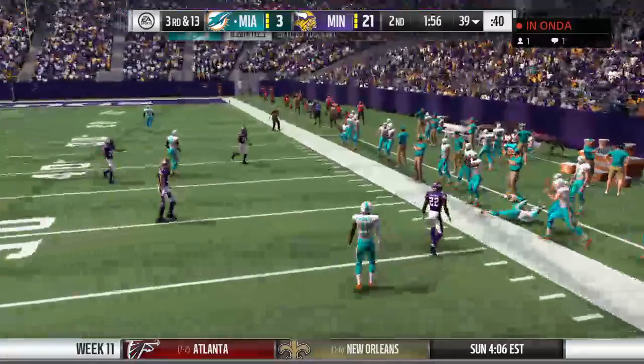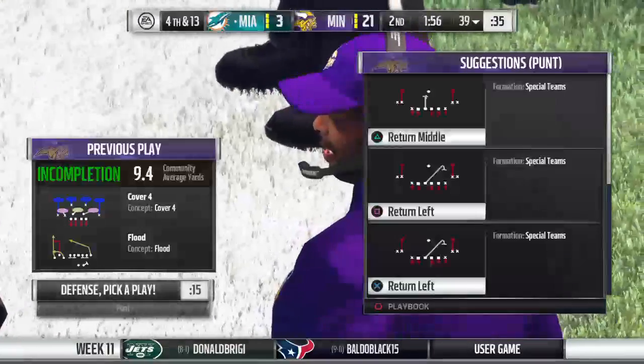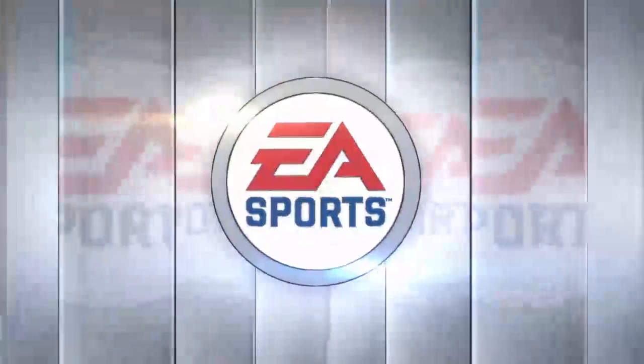And this is going to be caught. No, they say it's incomplete. Amari Cooper, the intended target, and it's 4th down. Well, they've had a pretty frustrating first half here offensively, and then just continued to...